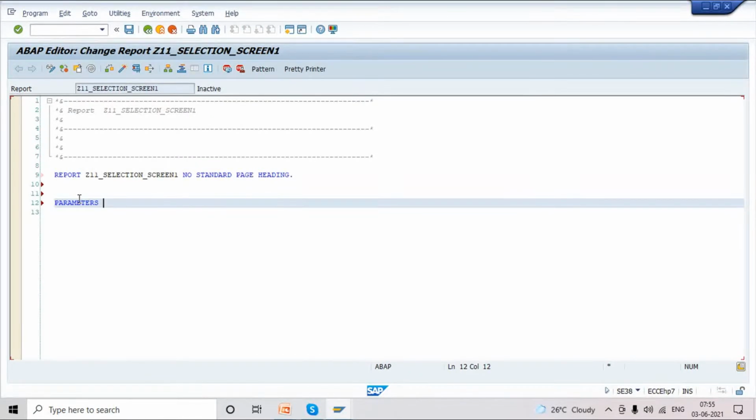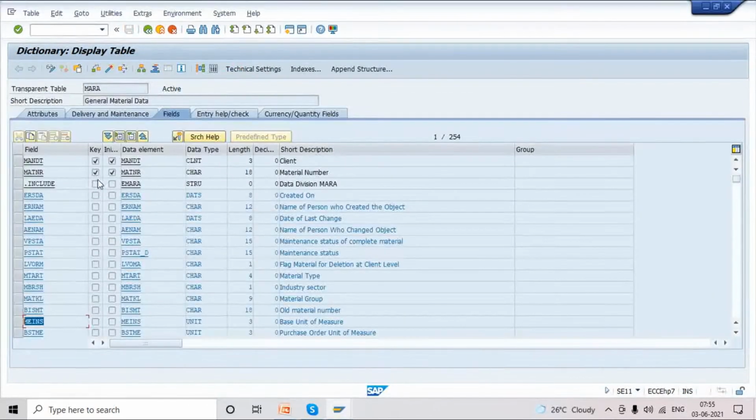Okay, parameter. For parameter syntax we use p underscore, and we are creating for material number, MATNR. We have to give the field name, and type. After type, as in a normal program we declare either integer, character, or float, or data element. Here also we can create with reference to a data element. You can check the data element at table level.